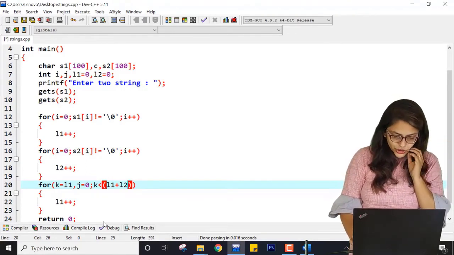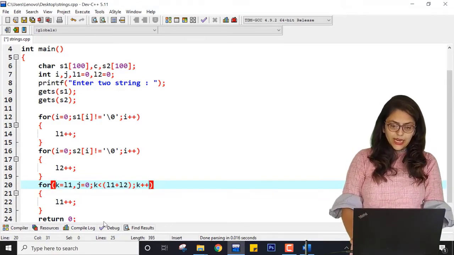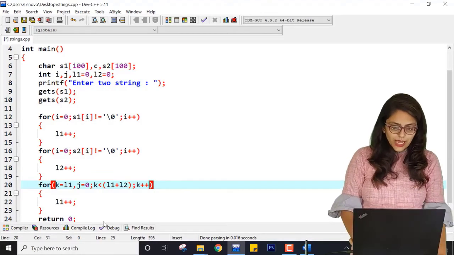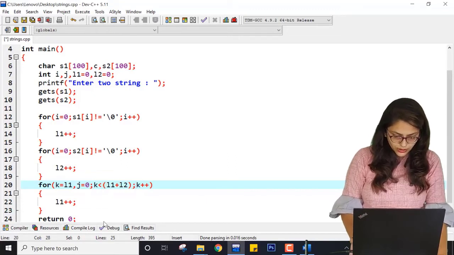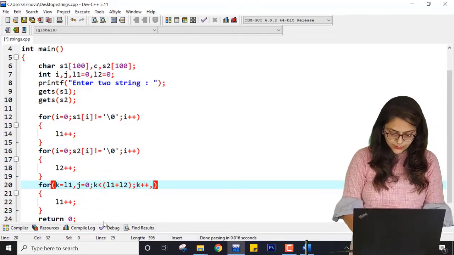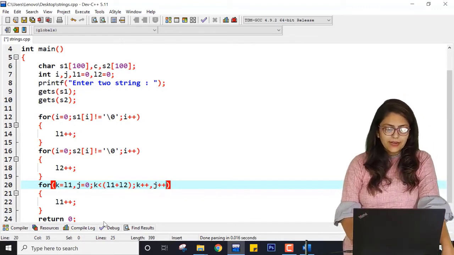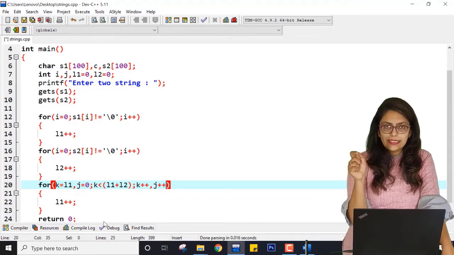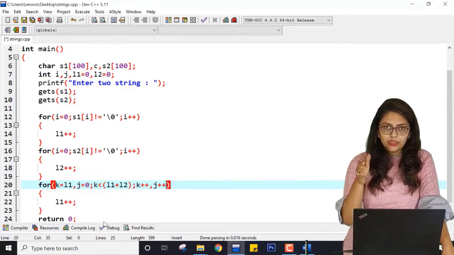So that's why this condition, and then k plus plus, and j will also plus plus, right? So k plus plus and j plus plus, k will range from 3 to 6 and j will range from 0 up to this, right?